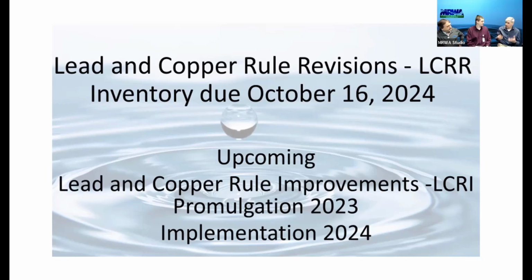If you go out to 40 CFR 141 and the definitions, they still have the old definition in there, but they have an asterisk by it. That means there's an updated definition. When you go to that new definition, it excludes lead connectors from the definition of a lead service line. So it's in the federal regulation that a connector is not a lead service line now.